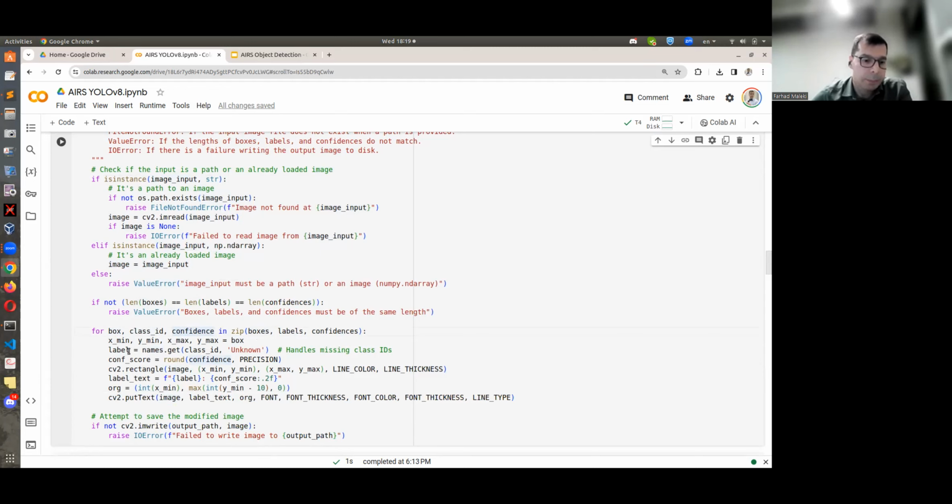So I visualize this box as a rectangle on this image. These are coordinates, and that's line color and line thickness that I talked about. And then I want to write on top of this box the label, for example, this is a cat, as well as the confidence score, how confident I am in my prediction. I put this label on top of the box. A very simple visualization concept.